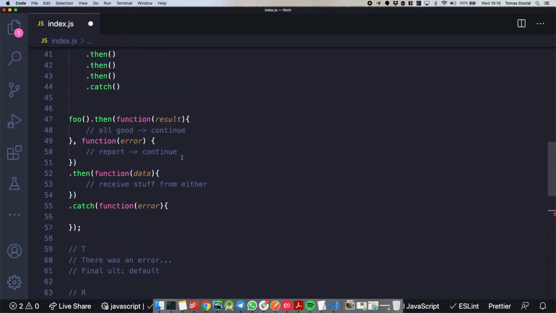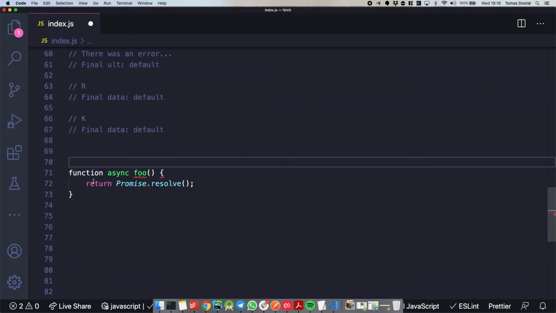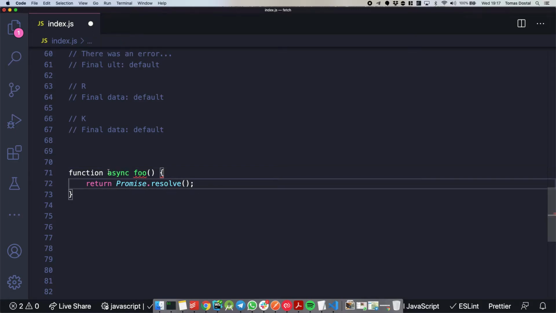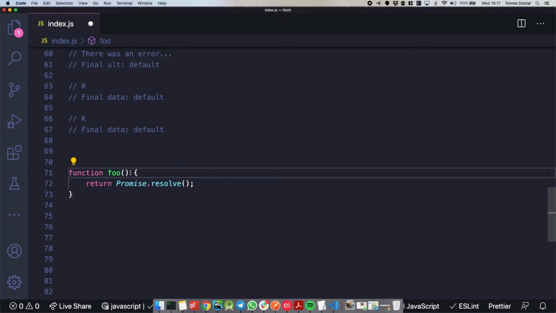So this wouldn't work if you didn't have the async, for example. Yeah. So in this case, we're saying this is an asynchronous function and it will return a promise. Actually, you need to use the async if you're actually using await. So you could still have this. Let me just simplify it even more.